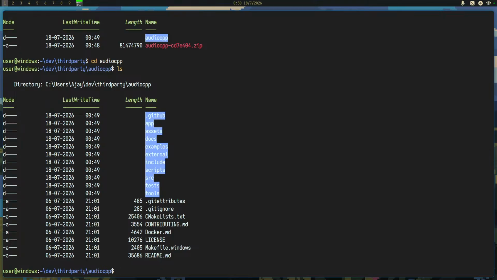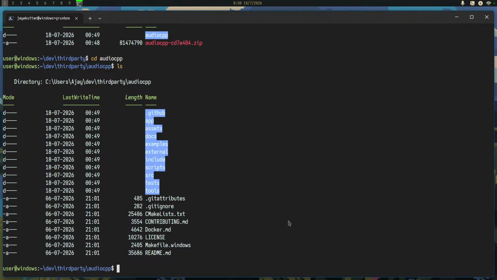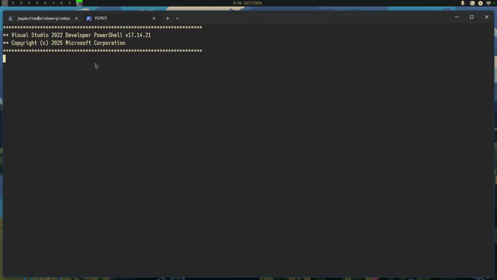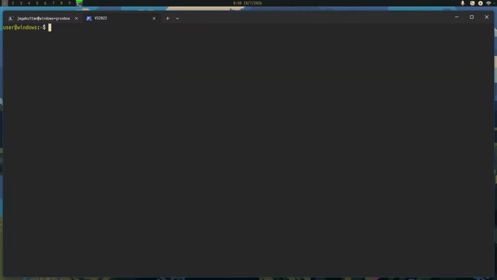Okay, so let's see if we can build this thing. Just make sure I have all of these things. I remember that we need the MSVC build toolchain, which has the MSVC compiler, linker, all those good stuff. So we already have it. I certainly have it in my main user, but I wasn't sure if I had it here.